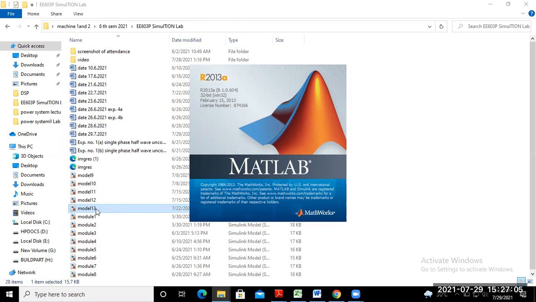Then we start to simulate this circuit in MATLAB. It takes some time for opening MATLAB.